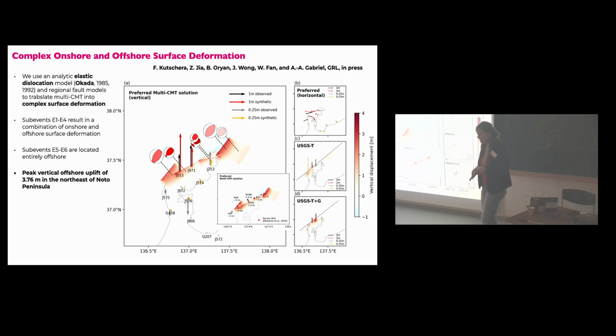Can you explain the tsunami amplitude at Kashiwazaki? So this one of the stations is very tricky to explain because there was a landslide that we didn't model. I think there was an additional landslide that we're not modeling. So one of the stations is clearly affected by additional sources. Yeah.